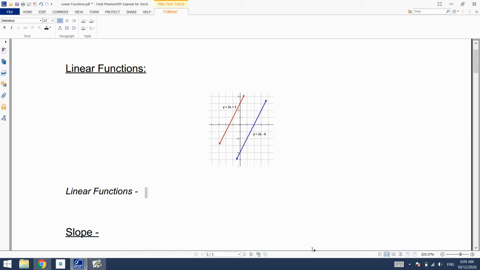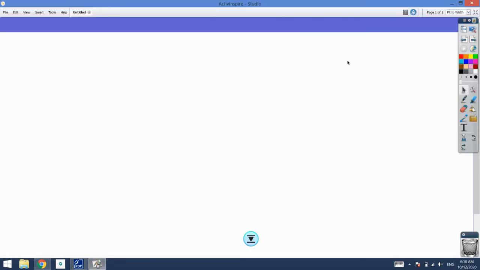So linear functions. We are actually going to get a more formal definition of linear functions when we work with polynomials. We'll do polynomials and piecewise after this, but just wanted to give you a short lesson on what they are, why we use them, and all the different forms that they could take. So a linear function actually is